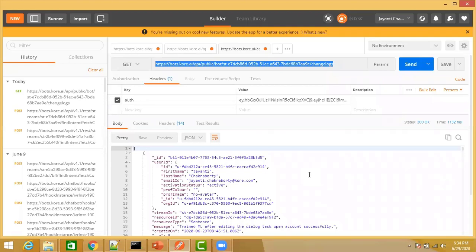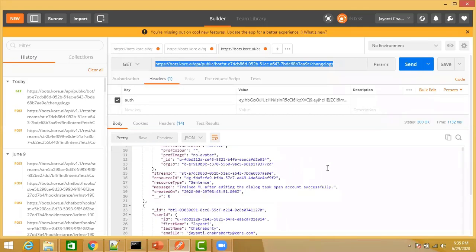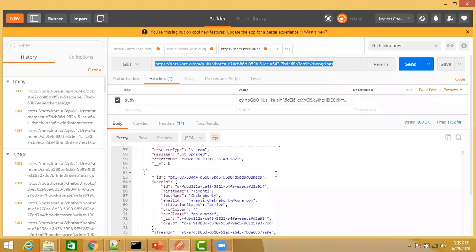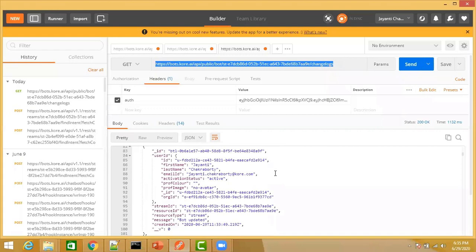With that particular client ID and secret, you can only use the APIs that have been enabled. Because I did not enable those log APIs, I was not able to trigger this call. But once I enabled that and published my bot, you can see it is picking up my change logs from there, and it is displaying the entire details back as a response of this particular API call.